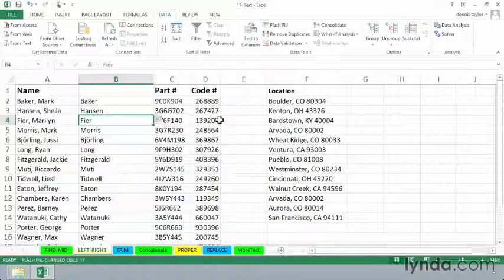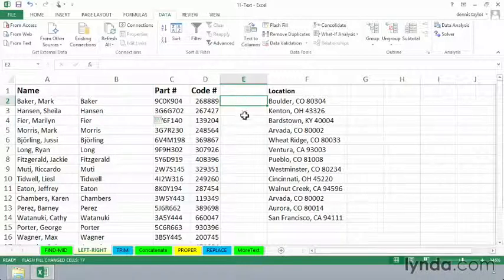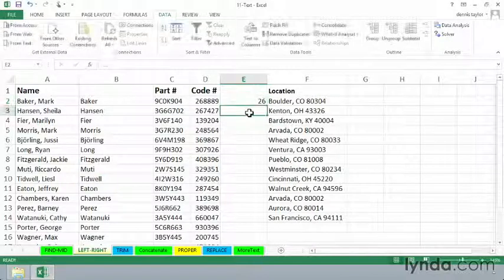You can't always use it, though, and for example, the data in column D, even though it says code numbers, those might be real values, too. It looks like they're put in as numbers. If I type a 26 here, and I'm hoping to pull out two characters from the left-hand side, now I'll type 26 again for the next cell, and it's not because it's the same, but that just doesn't work. In other words, it's not picking up what I'm trying to do, and that is pick up two characters from